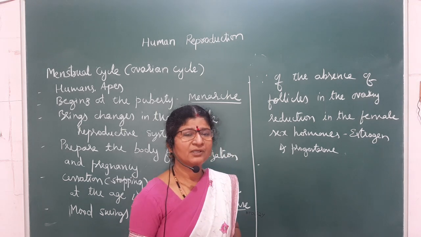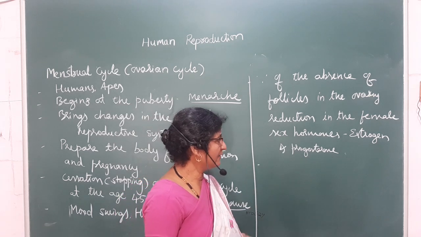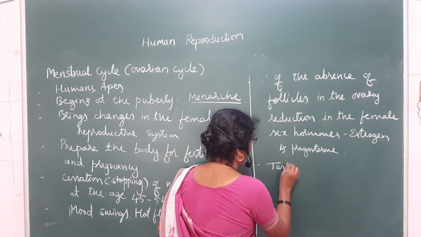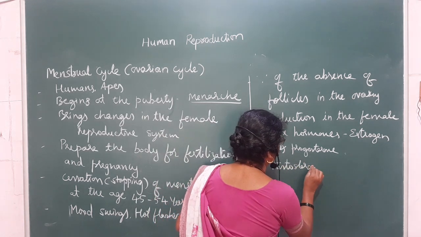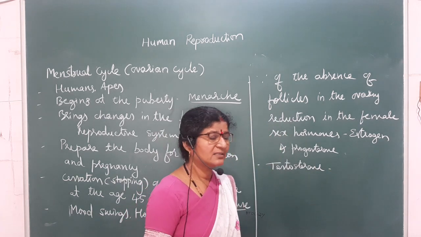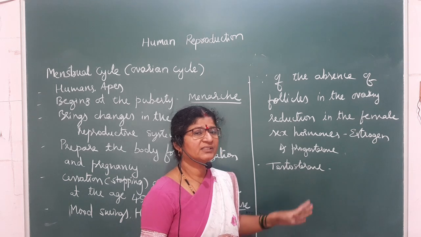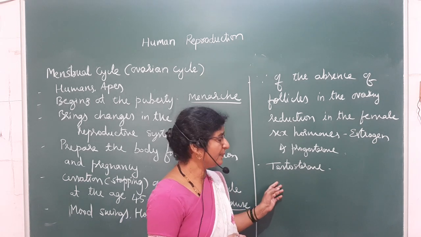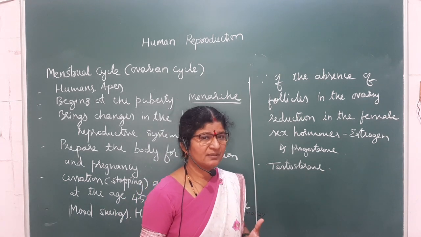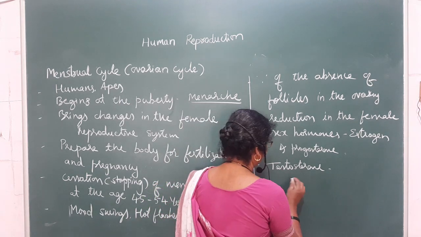Now a little amount of testosterone is also secreted by the female body. In the absence of estrogen and progesterone, in some females, the testosterone will start functioning. You know that testosterone is secreted in large amounts in the males and it is responsible for the male characters. So in the female, after the commencement of the menopause, because of the presence of testosterone in some females, not in all, the body starts showing some characters like development of hair on the body, and on the face especially.